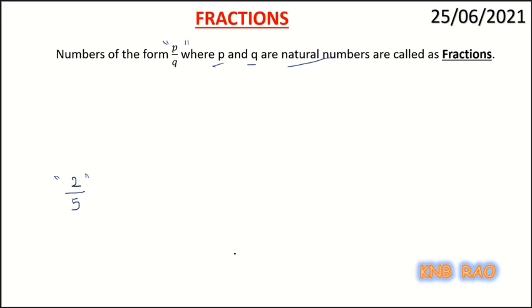Now, what does this mean? 2 upon 5 actually talks about the operation 2 divided by 5. So, what do you mean by 2 divided by 5? It talks about the division. So, how do we divide 2 by 5? And if I divide, what would be the answer? When we do the division operation 2 divided by 5, we arrive at